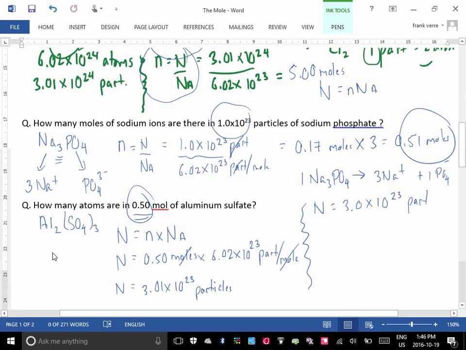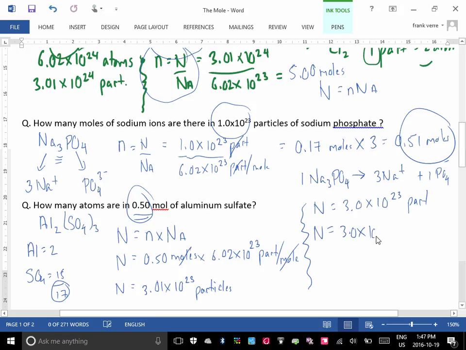Well, how many atoms are in aluminum sulfate? So for aluminum, there is 2. And sulfate has, how many atoms in sulfate? 4, and 1 is 5. Times 3 would be, so there's 15. So the total number of atoms is 17. So the number of atoms then would be